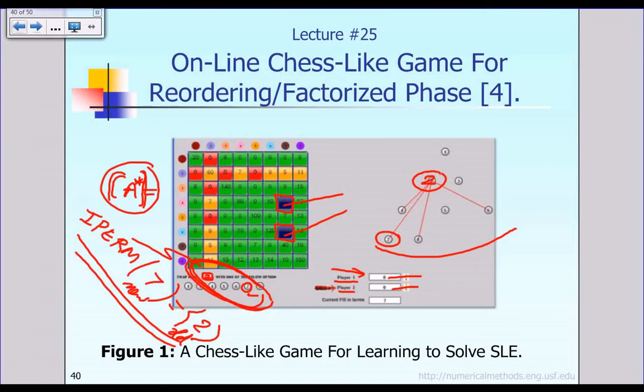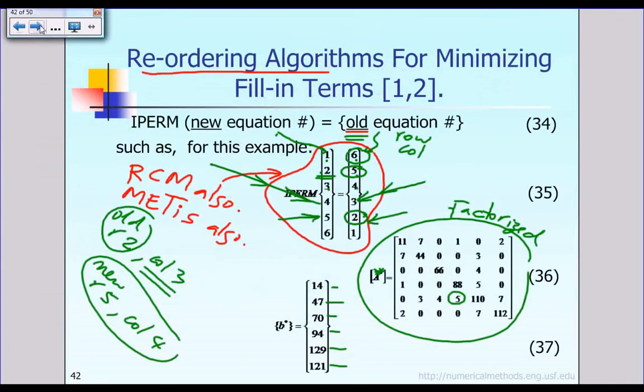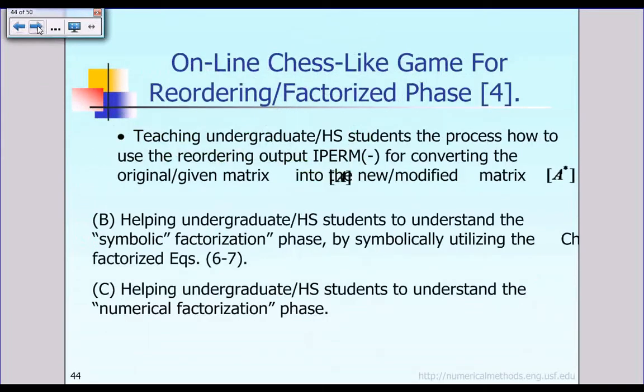the Cholesky factorization. If you look at the last two slides or so, I want to summarize this game. The chess-like game that we developed, you can see and play it by going to the internet website,